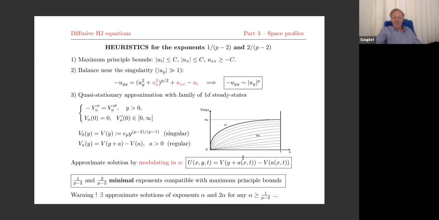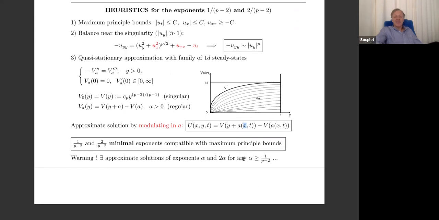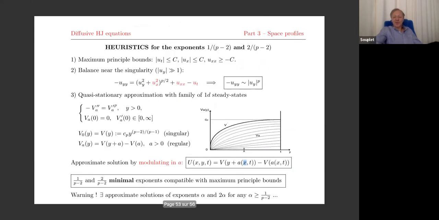So the modulation would be at y fixed with parameter a function of x and t. So it's modulation in the slow variables, let me say, so time and tangent. And if you compute the formal equation for this modulation, you can see that these numbers are the minimal exponents which are compatible with